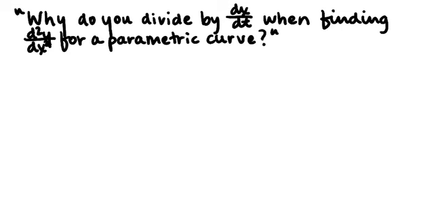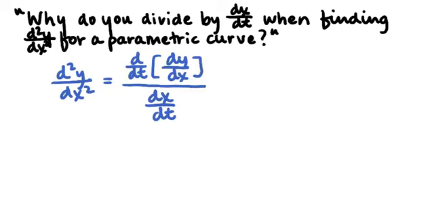All right, in this video, I'm going to be looking at the formula for the second derivative of y with respect to x both times, which we use to determine concavity of a parametric curve. And a question I always get is, why do you divide by dx dt, right? We know that the formula is that we find the second derivative of y with respect to x both times